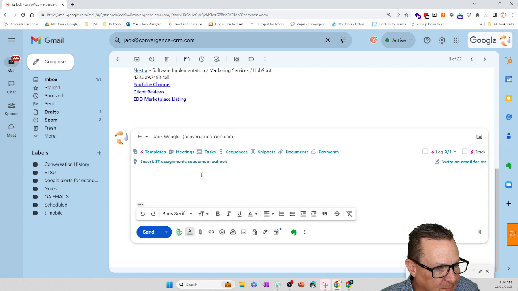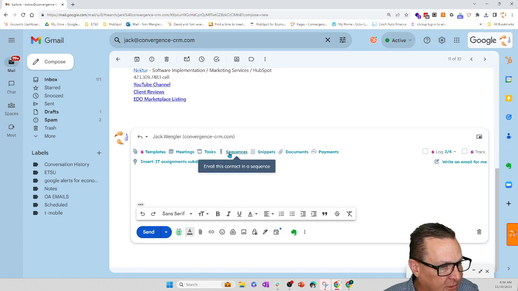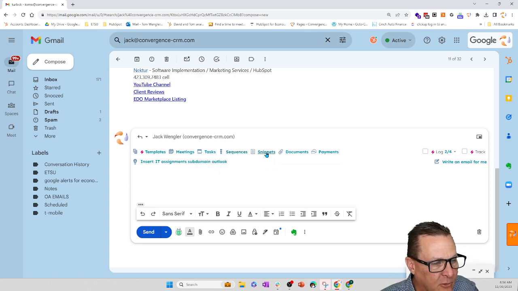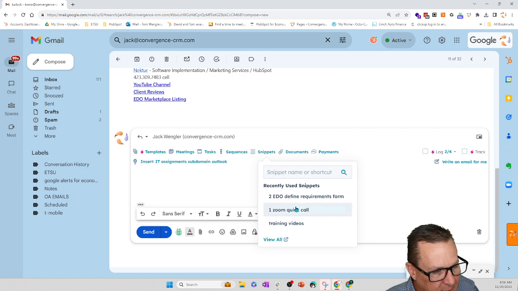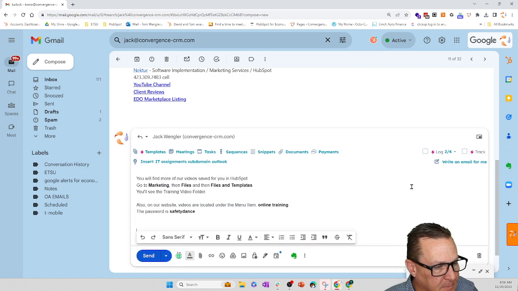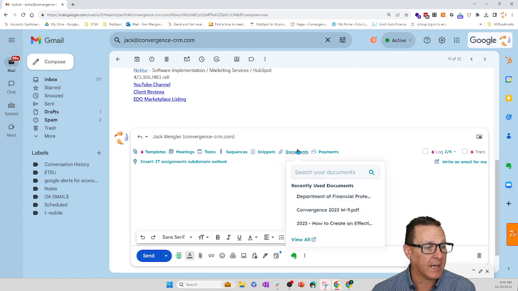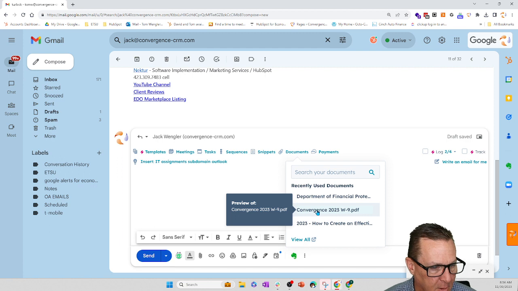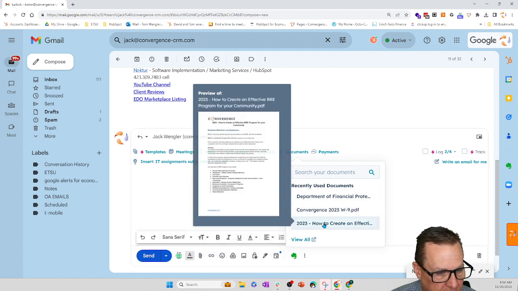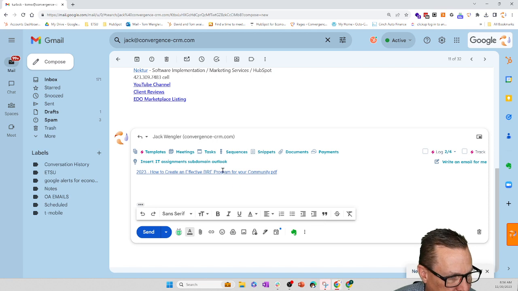You can do that. I can create a task. I can add Jack to a sequence of emails, calls, tasks, and actions. I can insert a snippet, which is kind of like a template, but it's a little bit lighter. I can just drop that in. Think of it as a copy-paste sort of functionality. I can add a document. Here I'm going to just drop in our, this could be a proposal. This could be a white paper. How to create a